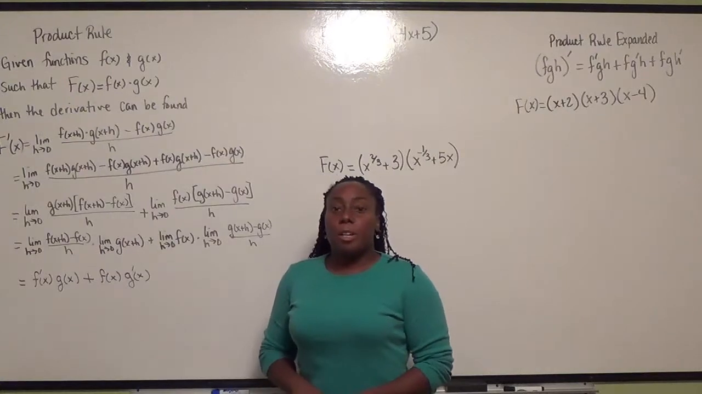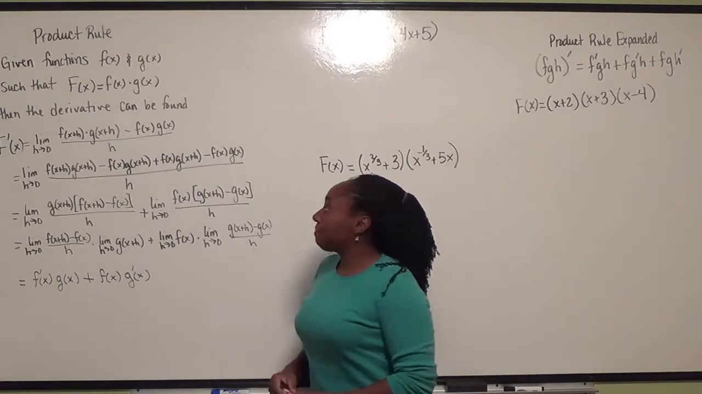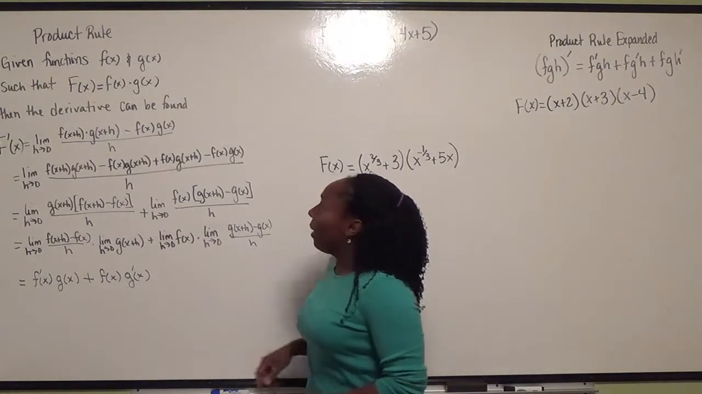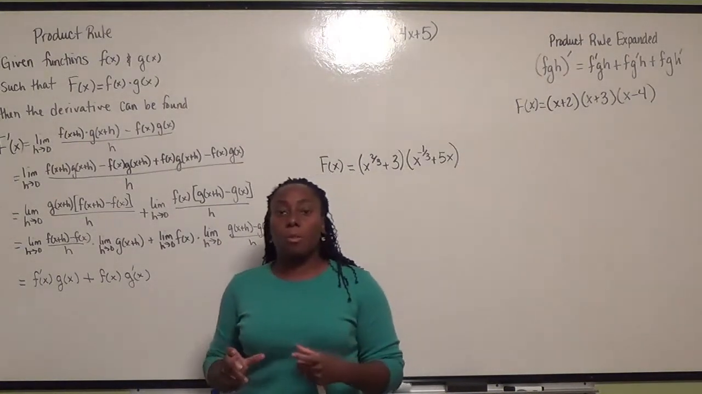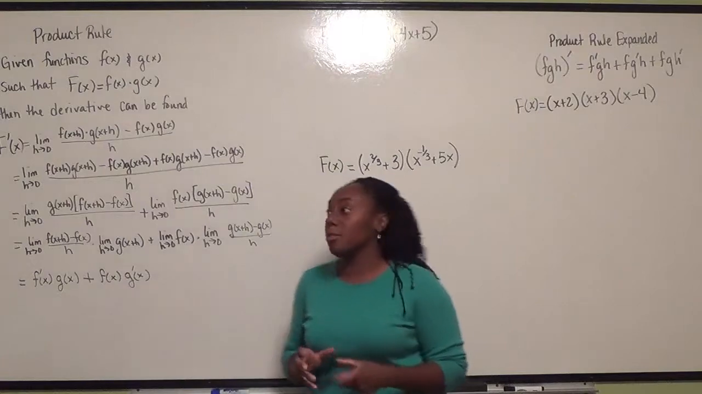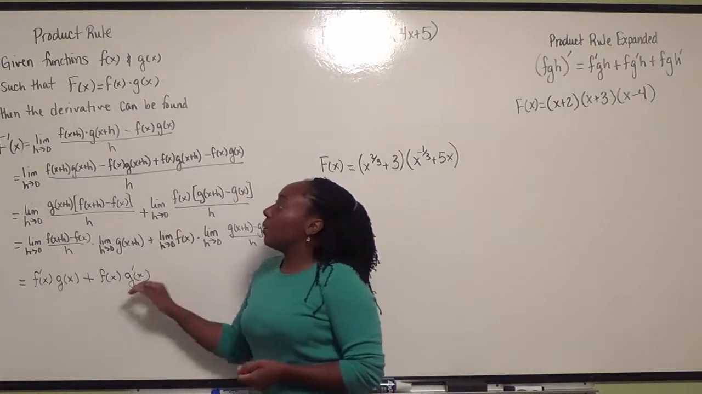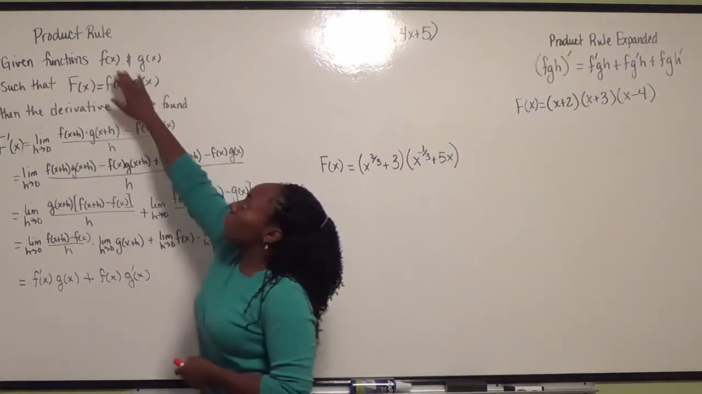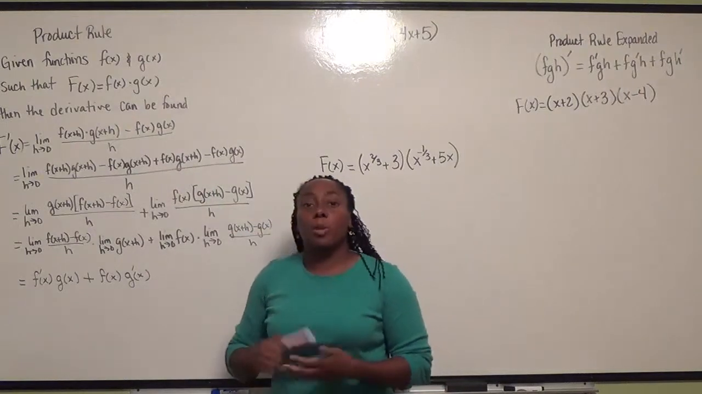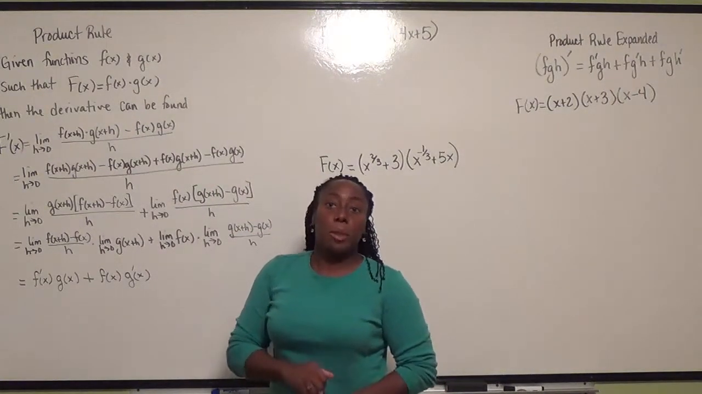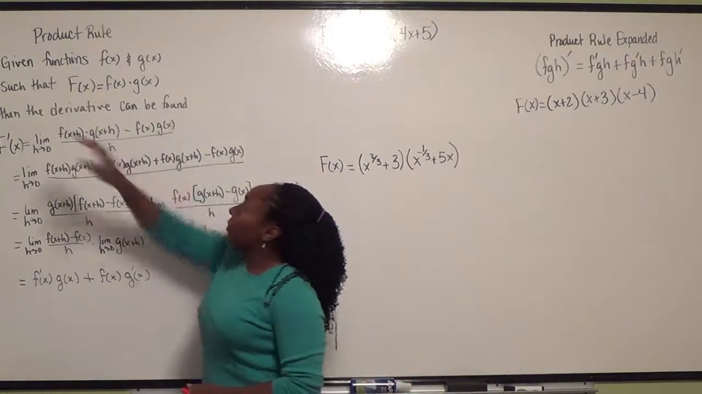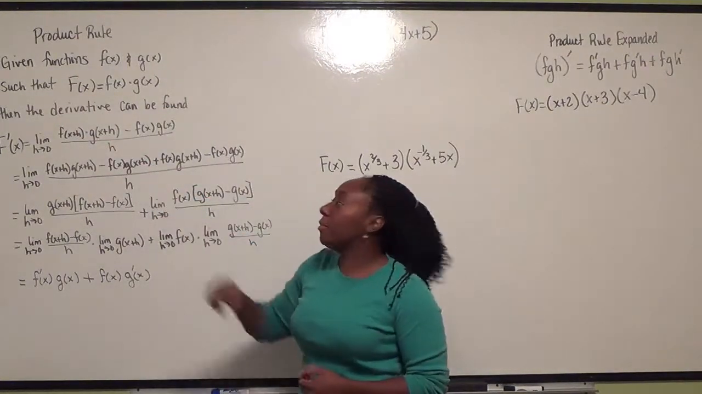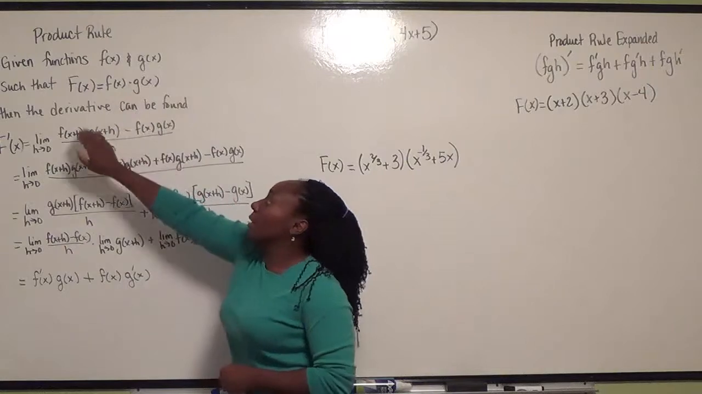In this lesson we're going to talk about the product rule. The product rule is basically a method we're going to use to find the derivative of products of functions. If I'm given two functions f and g, and we're going to assume that they are both differentiable, meaning their derivative and their limits exist, such that capital F is little f times g, then the